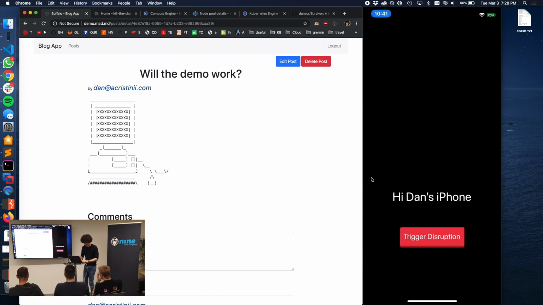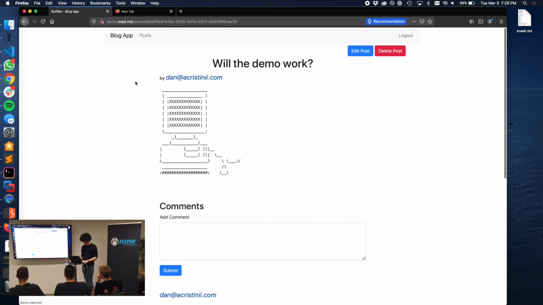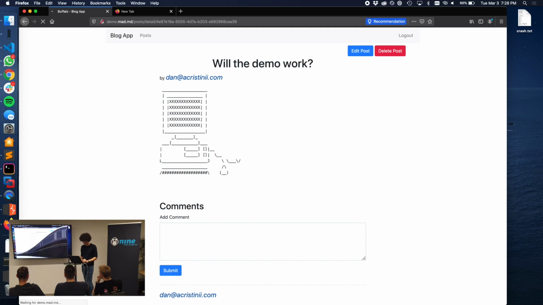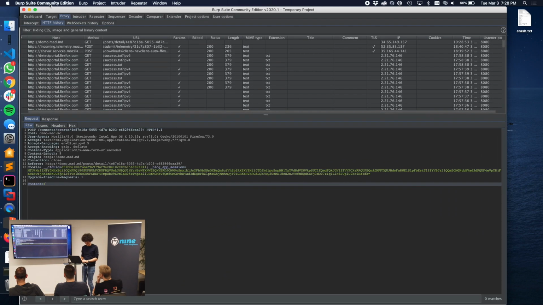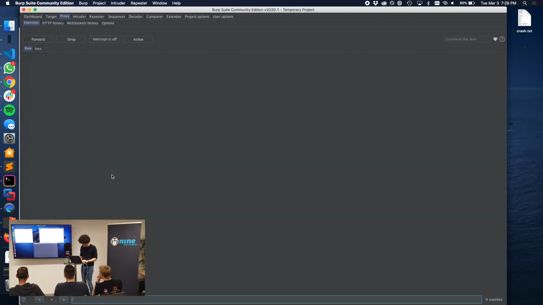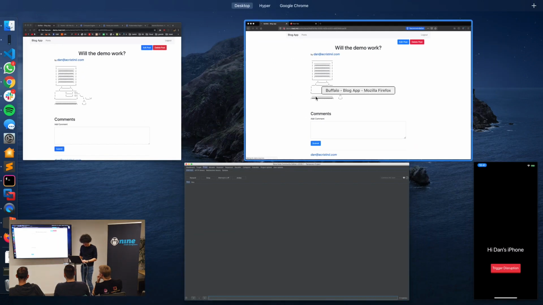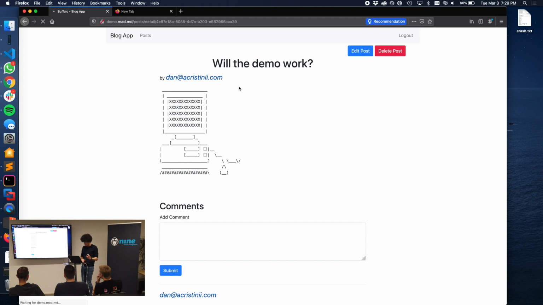Back here. So the nice thing about working in cybersecurity before switching to ops is that you do know how some systems work really well. So we're going to intercept the cookie now. And our interceptor is off. Perfect. This is Firefox. Interesting.